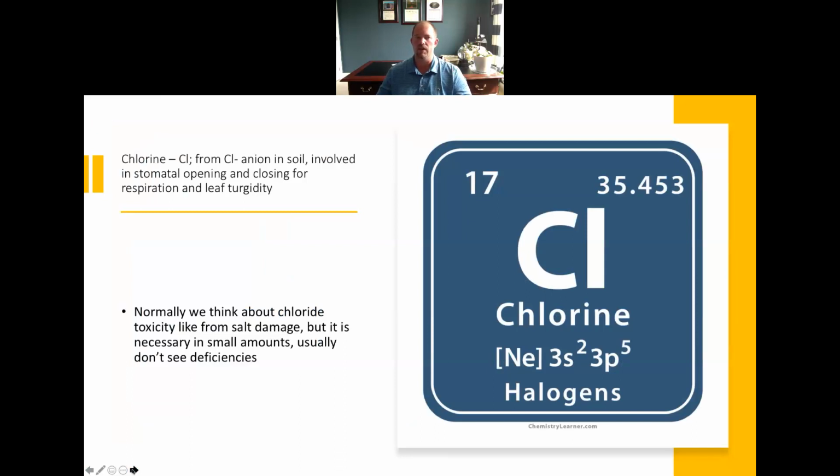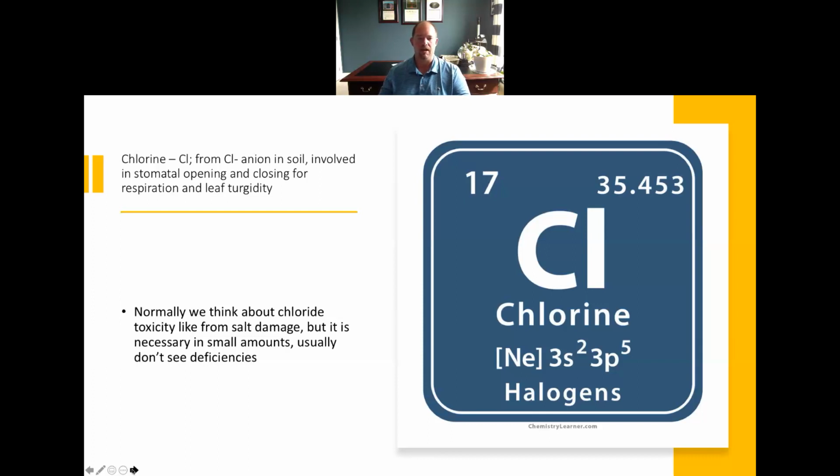The next one is going to be chlorine. Chlorine is another anion. It has a 1- charge. This one is coming from the soil. It's involved in stomatal opening and closing for respiration and leaf turgidity, which is basically how stiff or rigid the leaf is. So normally we don't think of chloride as a nutrient. Typically when we think of chloride, we're talking about chloride toxicity, like from salt damage. But it is